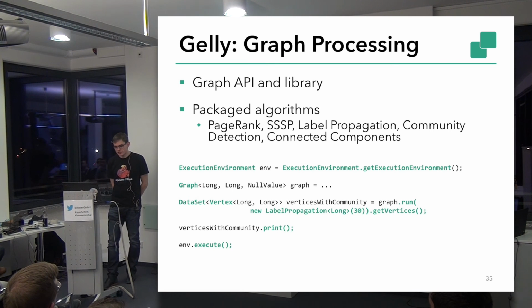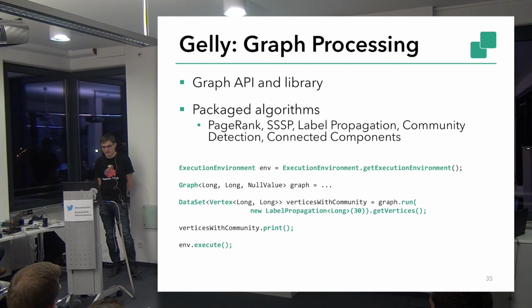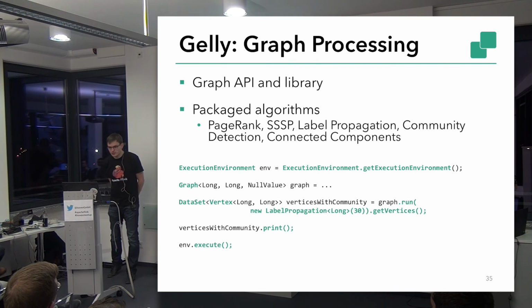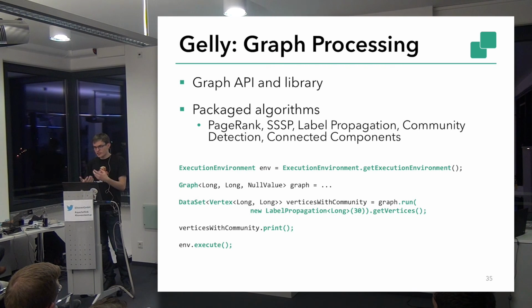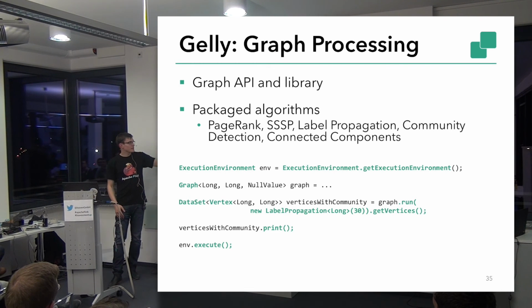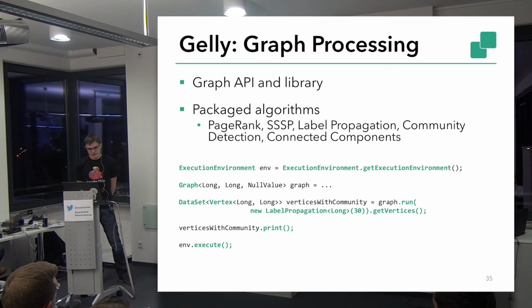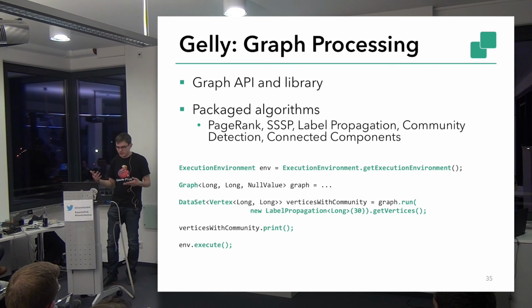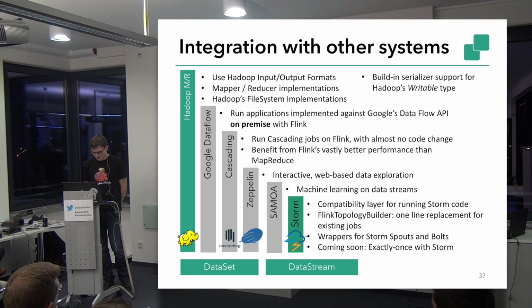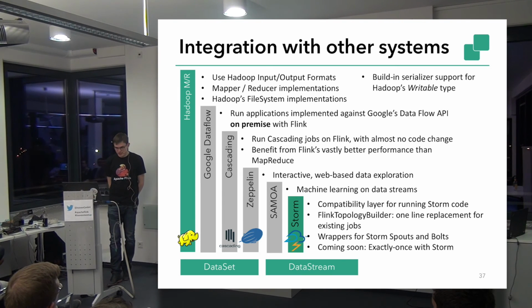Another specialized API is Gelly, our graph processing API. I think it's the most popular API on top of the dataset API in Flink. It allows you to represent graphs, so we have specialized data types for representing graphs within Flink. These data types have methods for changing graphs, for getting properties out of the graph. And we've implemented some popular graph processing algorithms like PageRank or connected components and so on, that you can use to get some first understanding of the graph data that you're having. So let's add them to our stack picture.